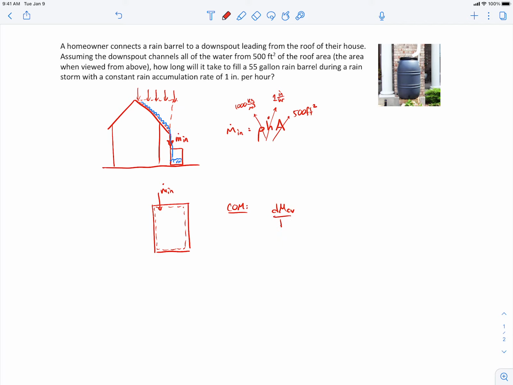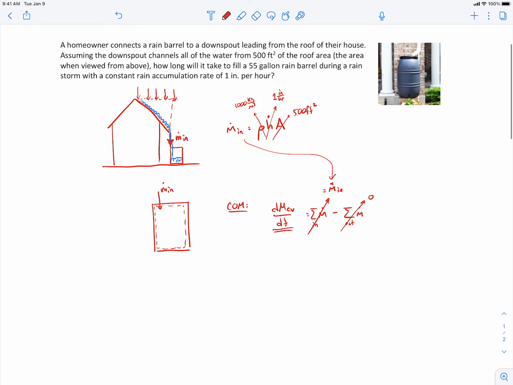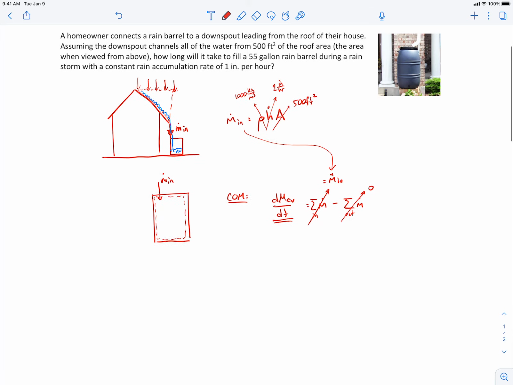So it's the time rate of change of mass in the control volume is equal to the rate at which mass is coming in minus the rate at which mass is going out. Now there's no mass going out of the rain barrel. We're assuming there are no leaks anywhere in here. The mass flow rate coming in is m dot in. That's what we just calculated right up here. Okay. And then this will tell us how the mass is changing within the rain barrel as a function of